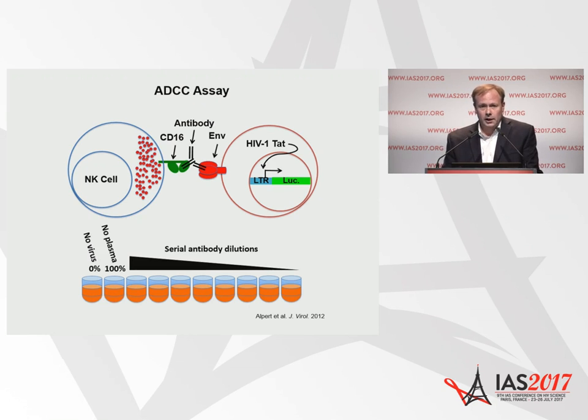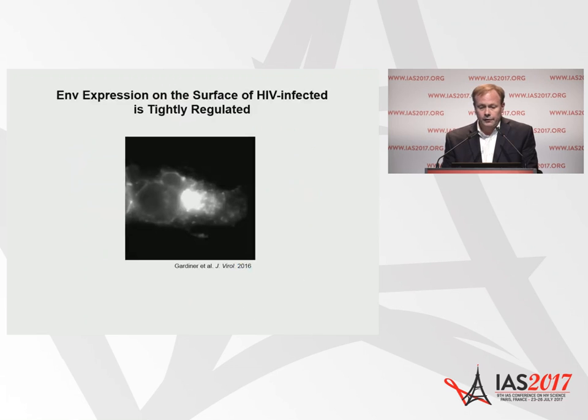And work by our laboratory and a number of other groups have identified several molecular mechanisms that help to explain how HIV-infected cells avoid elimination by antibodies in chronically infected individuals. The first is that there's actually not a lot of viral envelope glycoprotein on the surface of an infected cell. This is an immunofluorescent image of HIV-infected cells that were permeabilized and stained for the viral envelope glycoprotein. You see that most of the envelope staining is occurring in perinuclear regions corresponding to the ER and Golgi.